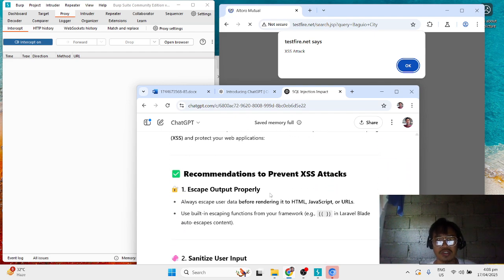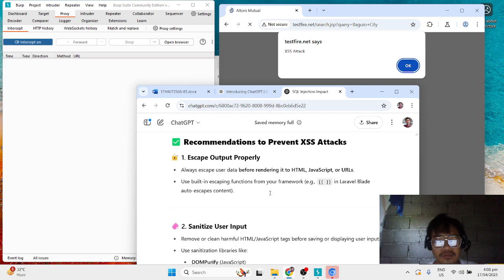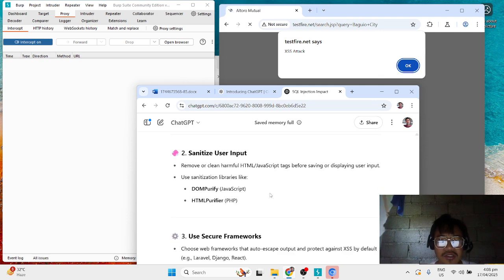So recommendations to prevent XSS attacks. So number one is escape output properly. So always escape user data before rendering it to HTML, JavaScript, or URLs. Use built-in escaping functions from your framework. Sanitize user input.